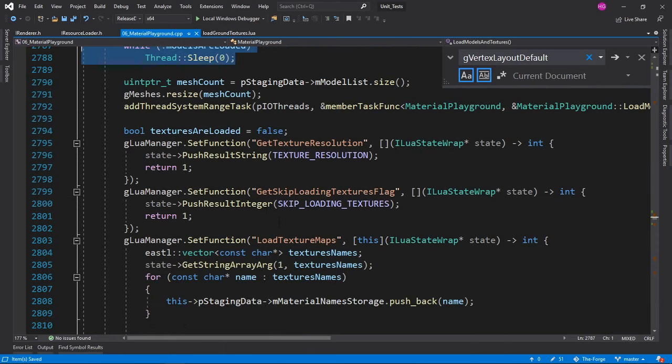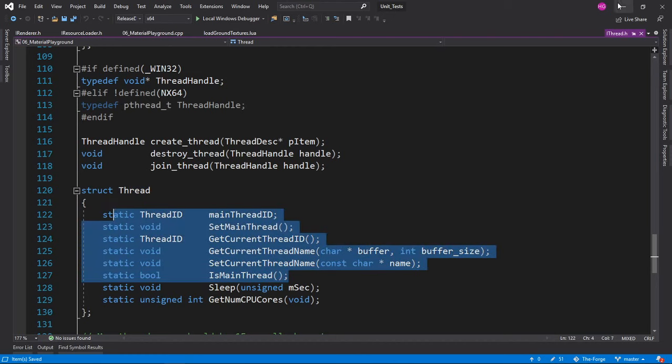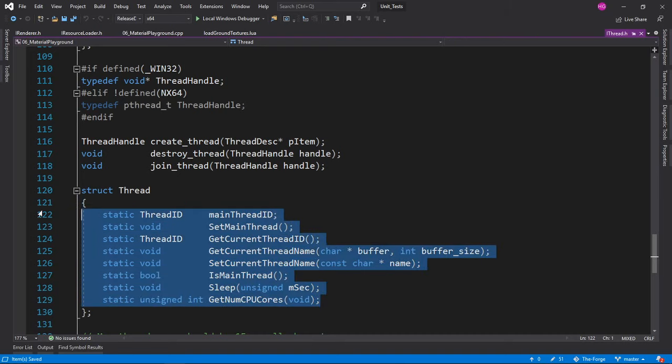You kind of wait here. Thread. What is this thread? This doesn't have a member function. This is not the thread. Oh, no, it does have static member functions. It has a bunch of static member functions.